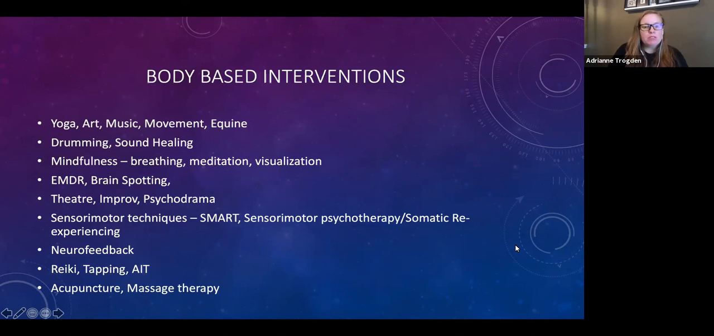Movement therapies or equine therapies, you might need to find a practitioner or clinician that really specializes in those areas. Obviously for equine, you need access to horses, so that may not be accessible for everyone. But there are particular programs and